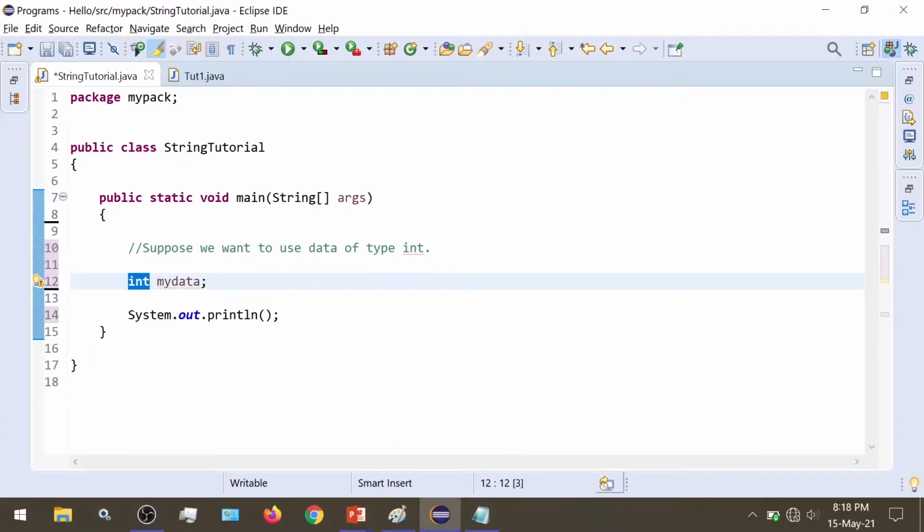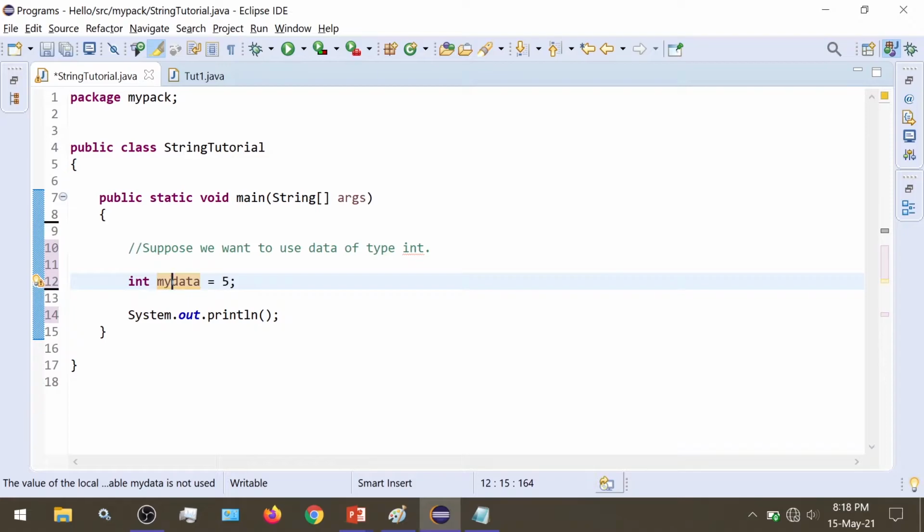Initialization means assigning a value. So in our data types lecture, we saw that we assigned the value 5 and this worked. What we did was we stored the data 5 inside a computer's memory, and we gave it the name my data, and the type of that data is int.